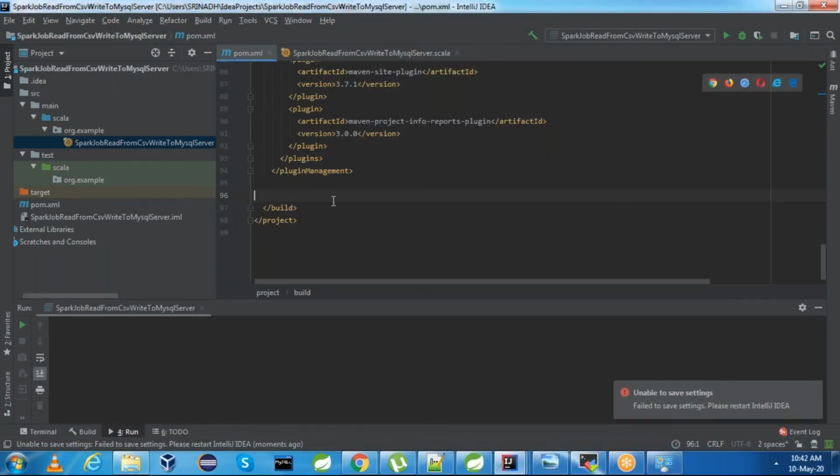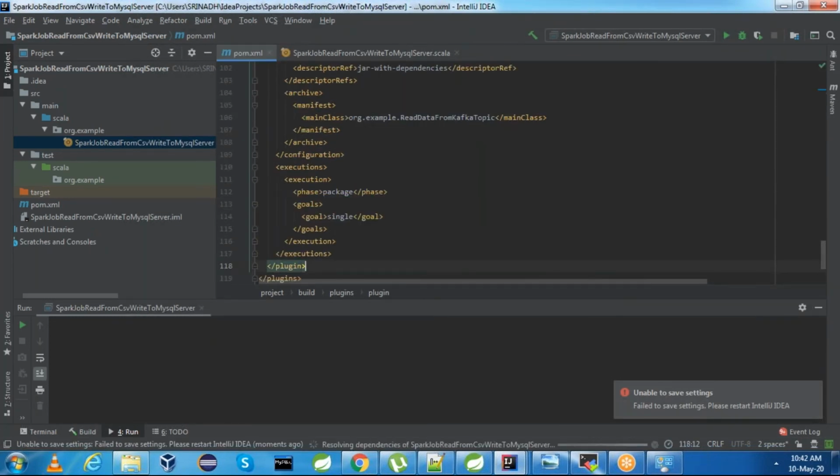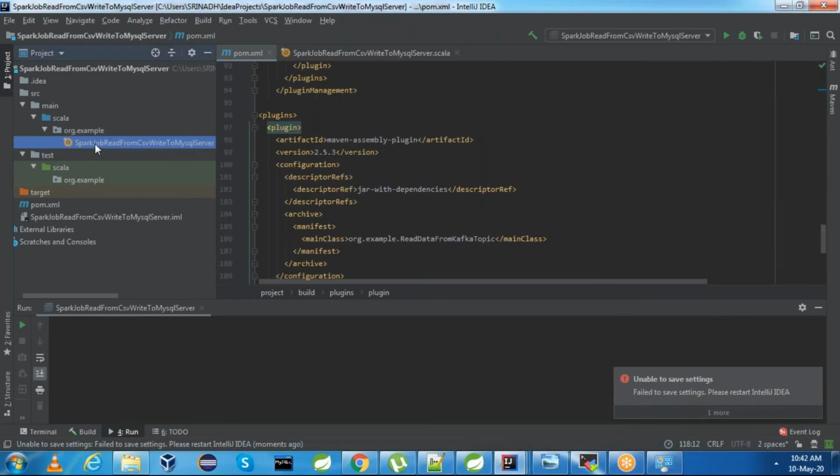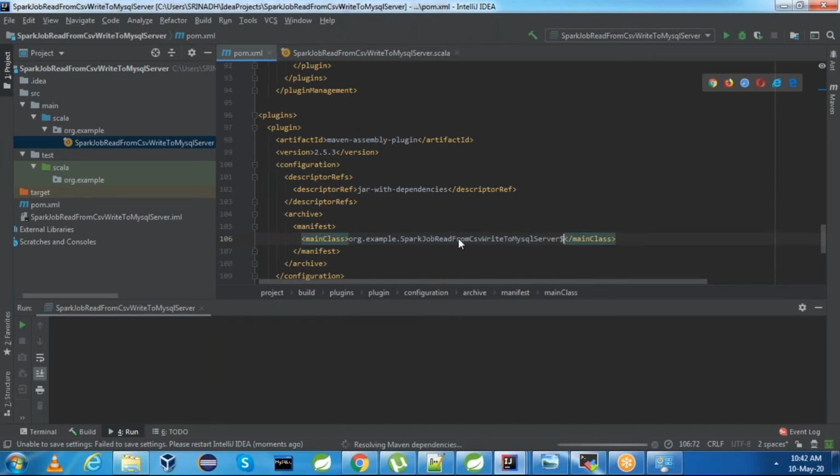In the build, write a plugins tag, and in the plugins tag, the first plugin is the Maven assembly plugin, and our main class is this one.